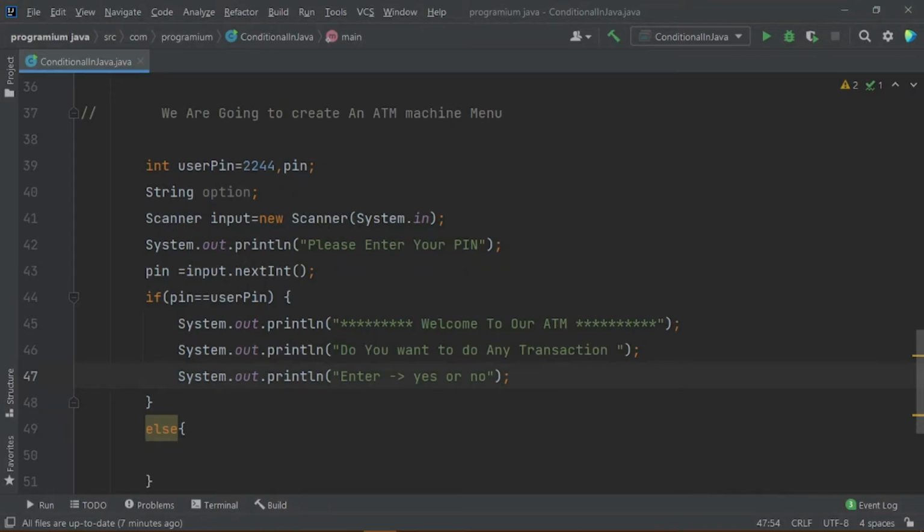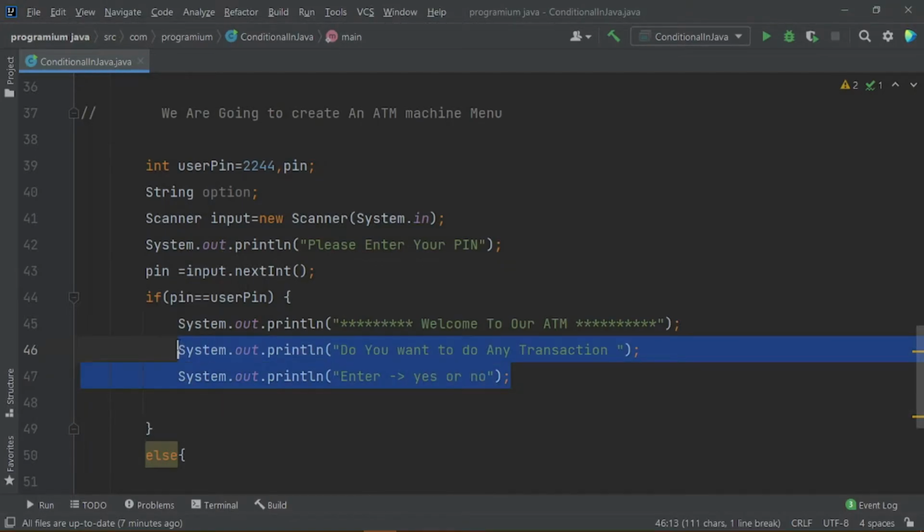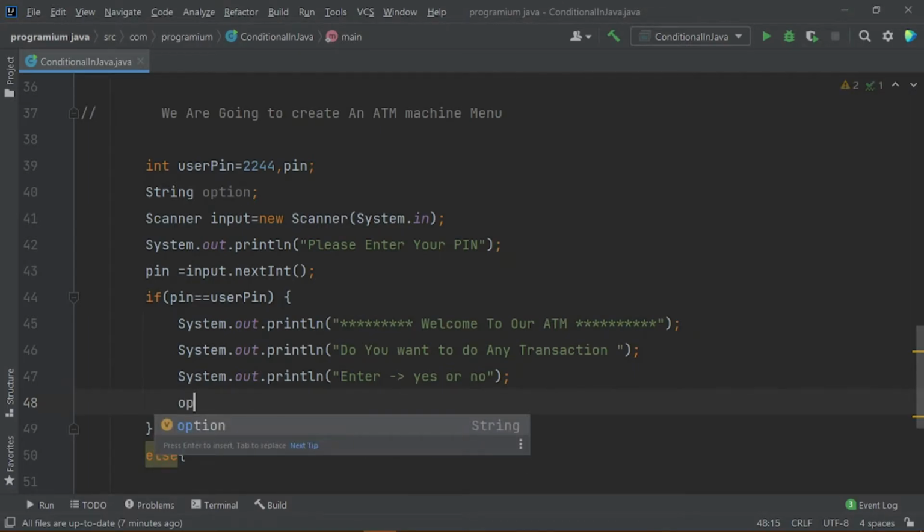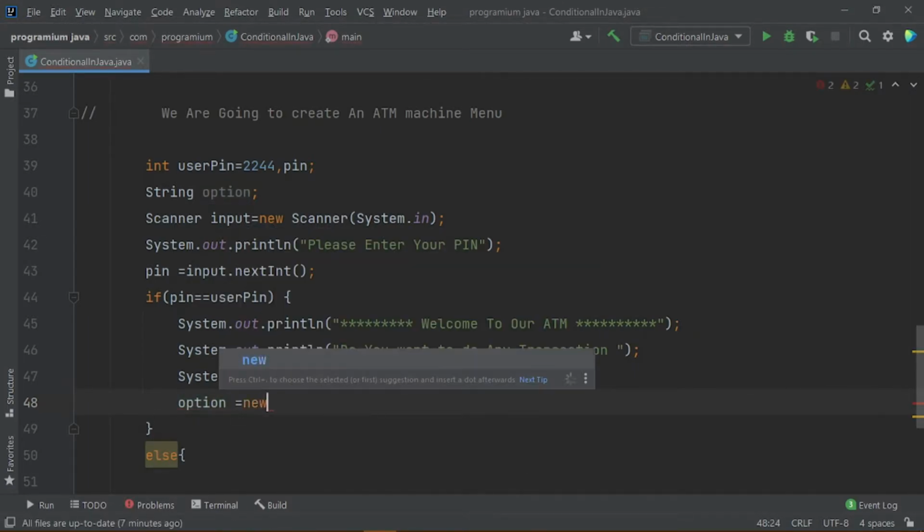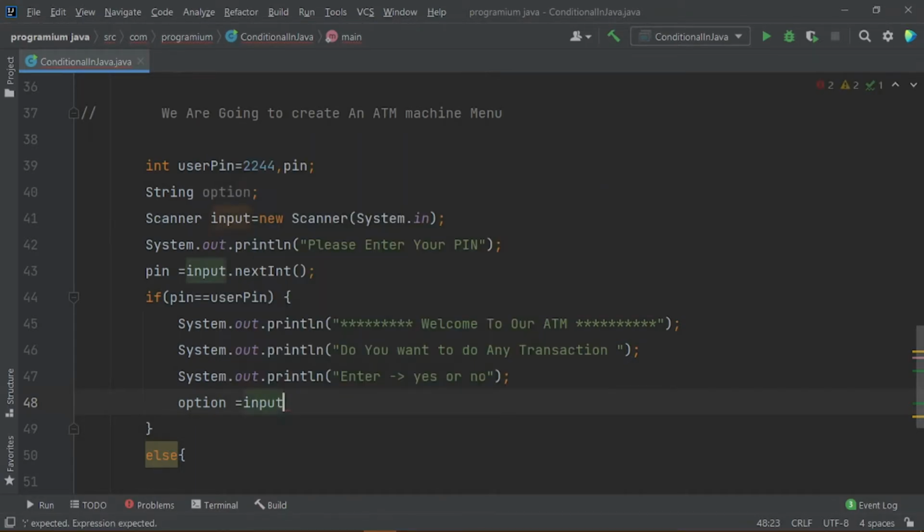Okay guys, now we have prompted the user to select from our menu. So we will be storing this yes or no into this variable with next. Okay, fine. So now I am using an if else again.